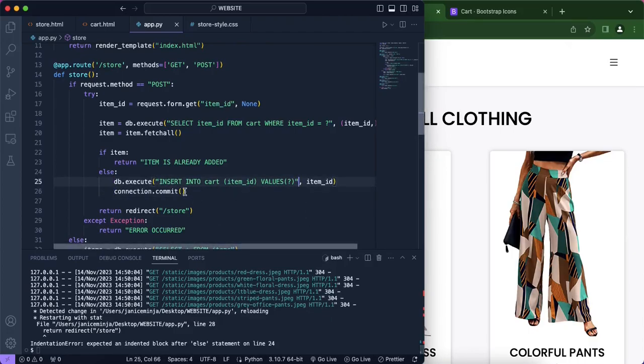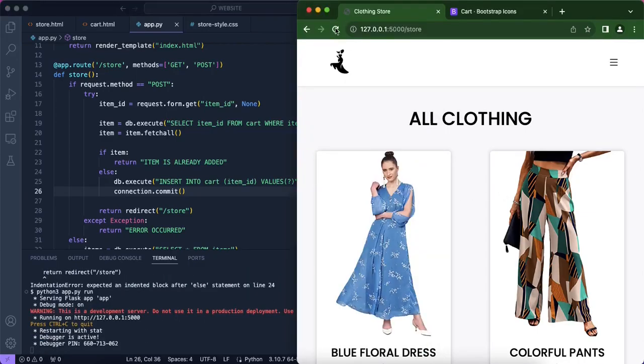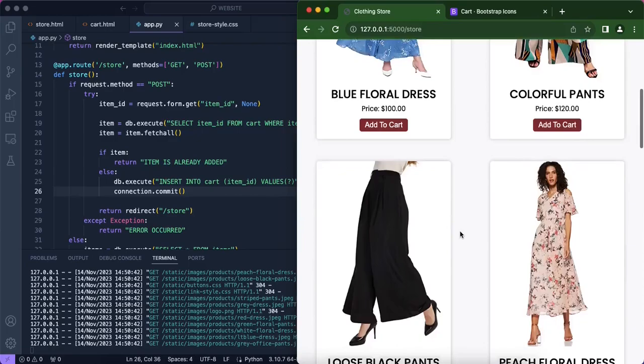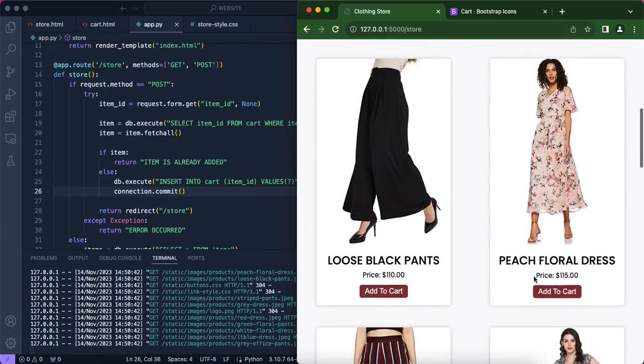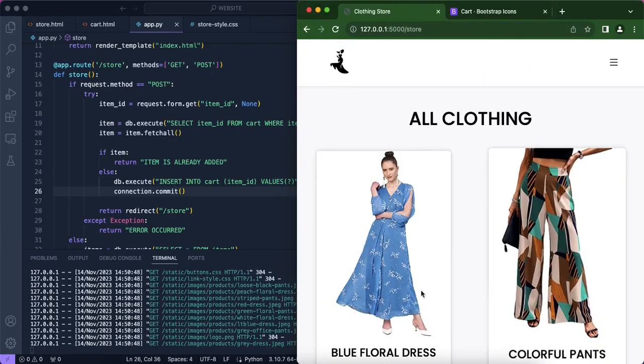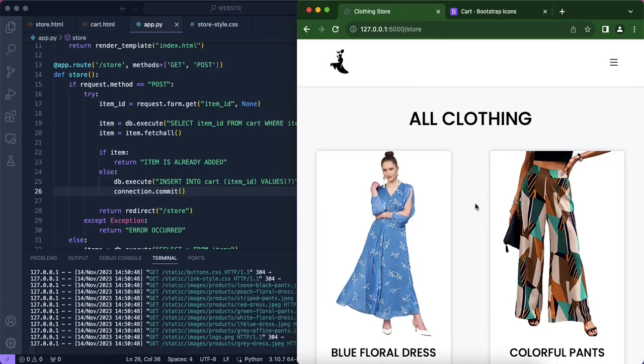Okay, so right now, insert cart, item ID values, item ID. And once that's committed, it should be stored into the cart. So let's try and run this again. Reload this, and let's go with this one, peach floral dress. And since now that is stored, we obviously do not know, unless we